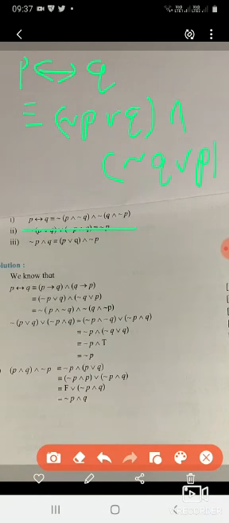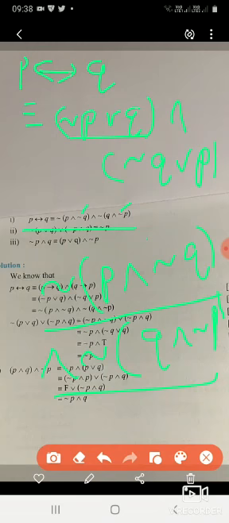Now I am seeing the right side. On the right side, what I have to prove, listen, I have to prove negation of P and this one. So I am going to take negation out. Negation out from the first bracket means P will go to, and negation of Q. From the next one negation is out, so you will get Q and negation of P. So listen, Q and negation of P. We have simply taken the negation out, that is De Morgan's law.